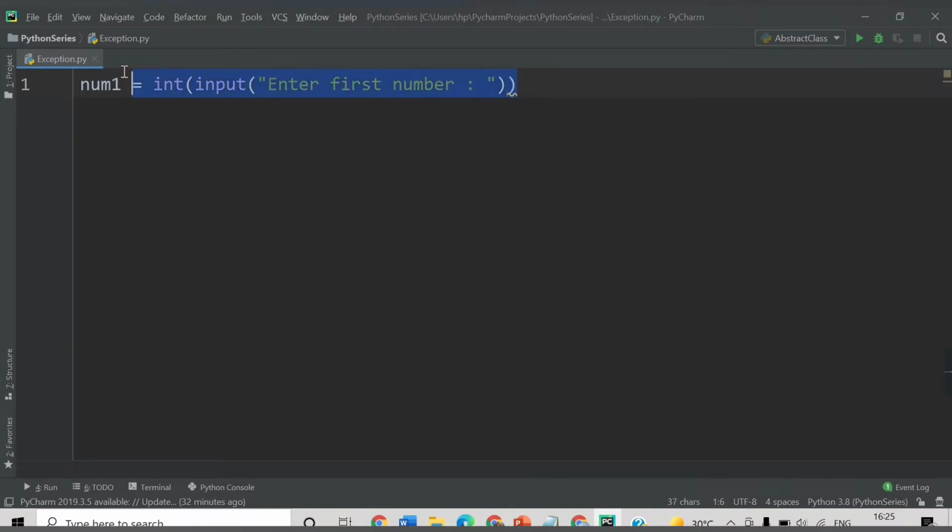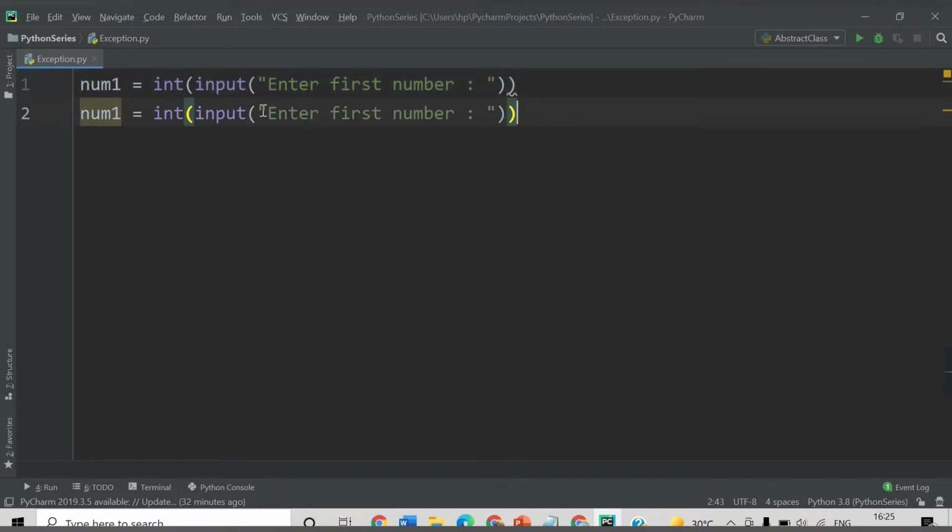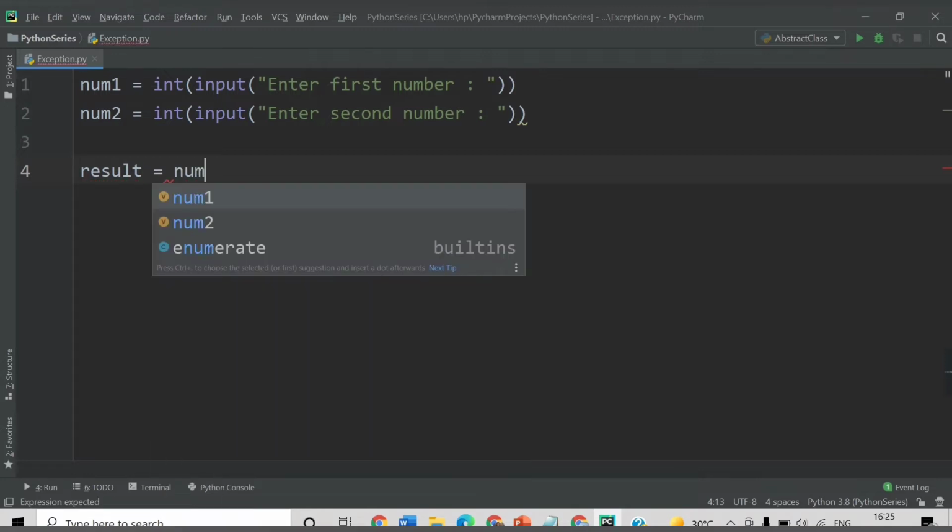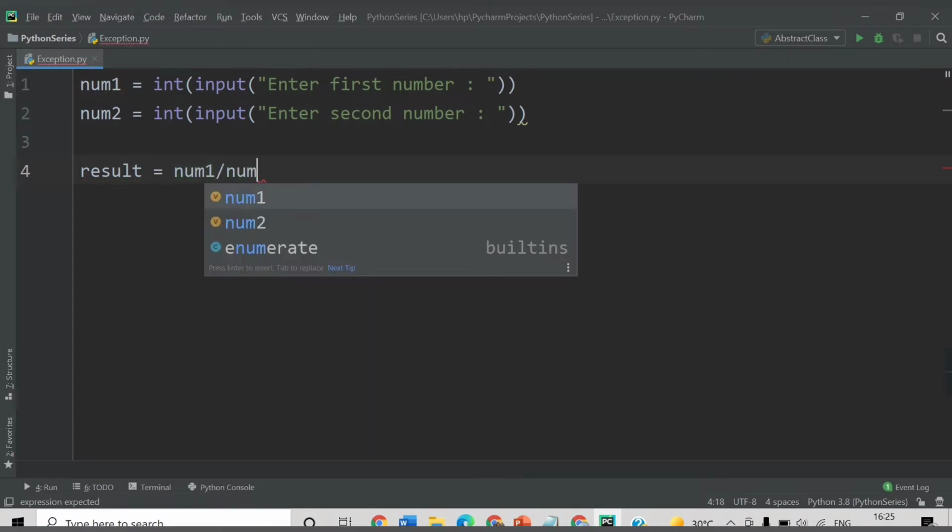Let's copy this statement here. In similar fashion we need to accept num2, enter second number, and then we will divide these numbers. Let's have a third variable result, which will divide num1 by num2,